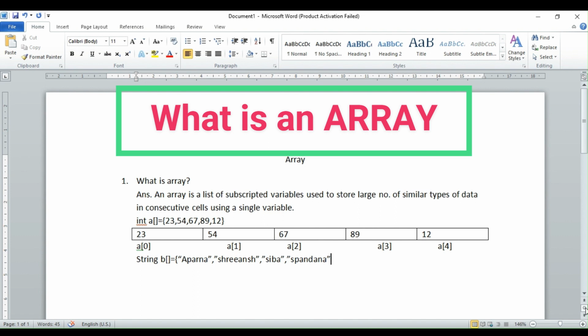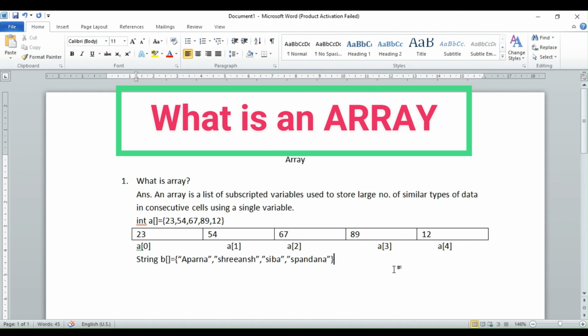How many elements are there? There are 1, 2, 3, 4 elements. So this is an array of strings where 4 elements are there.